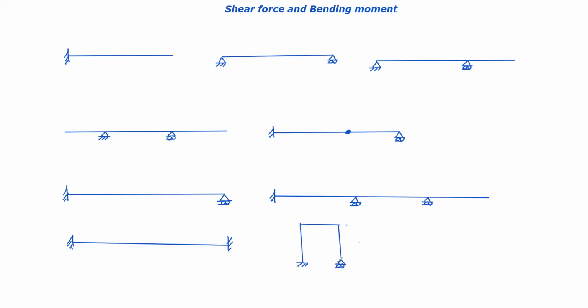Okay. So for any of these structures, what is meant by bending moment? What is meant by shear force? That we need to understand properly, right? To understand shear force and bending moments, first you should know how to find external reactions, okay? External reactions. So first we'll start with the statically determinate beams. Determinate beams means at most the reactions will be equal to the number of equilibrium conditions, okay? So whatever number of equilibrium conditions are there, that many external forces will be there. That means statically determinate beams we'll see first.